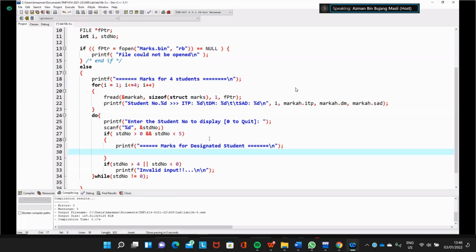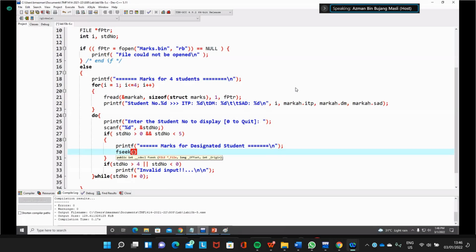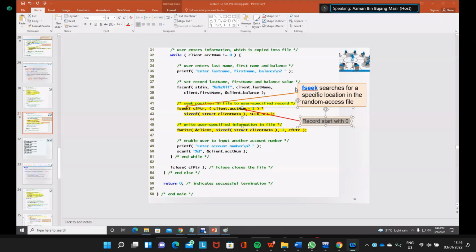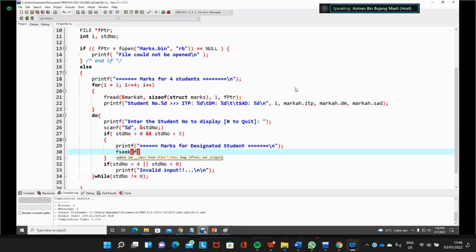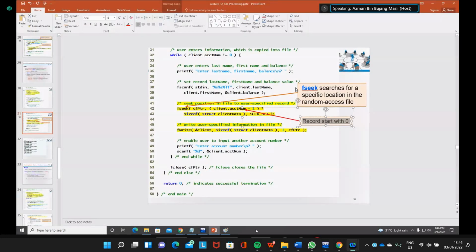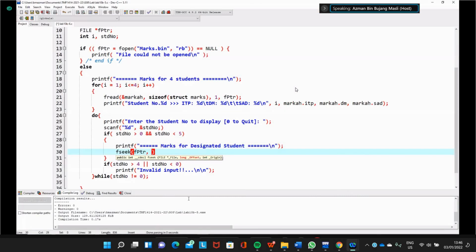So what we do here is fseek, and then we use the file pointer, fptr, and then the student number to access the particular record that we want to get from the file.